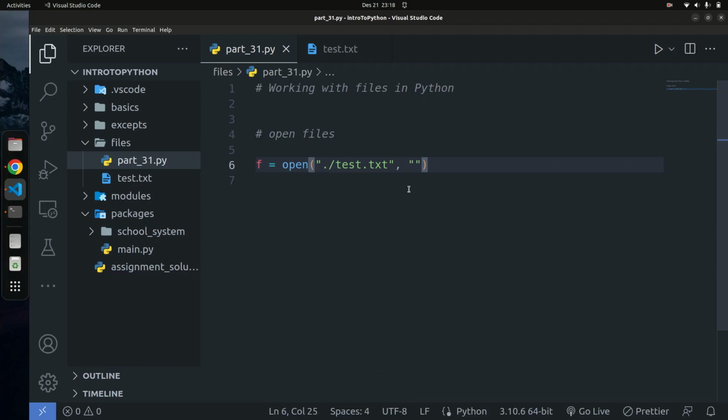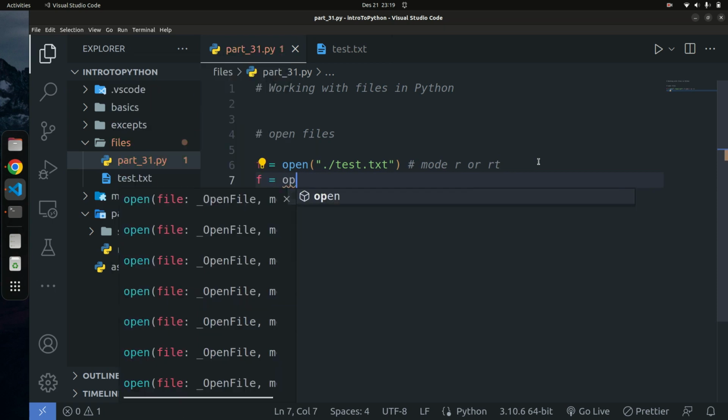open this file. Let's just specify the file, the mode. If you don't specify the mode, by default the mode is going to be an R mode or an RT mode, read text mode, right? So again, this is actually just the R mode. By default, it opens the file in R mode. So you can also open the file in